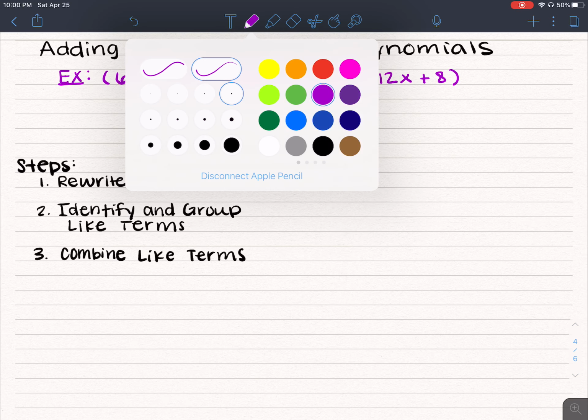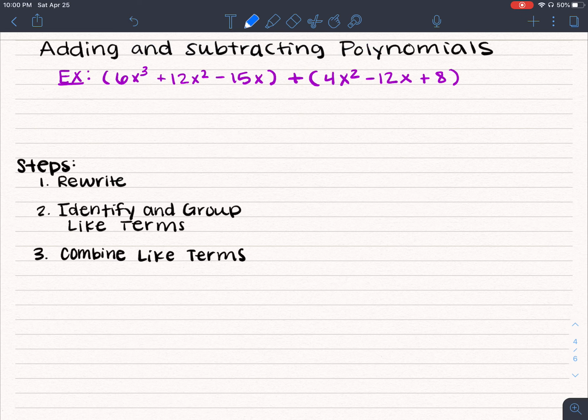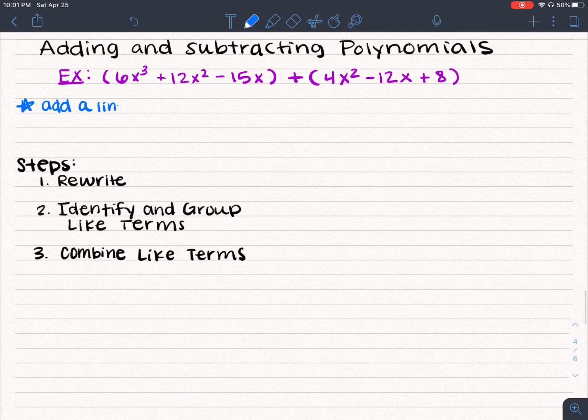So the first thing that I like to do is get rid of our subtraction. So what can we do? What's the opposite of subtraction? Addition. And so for those who maybe haven't heard what I'm about to say before, I'm going to write a note on the side. So we're going to add a line and change a sign,